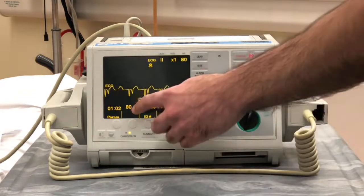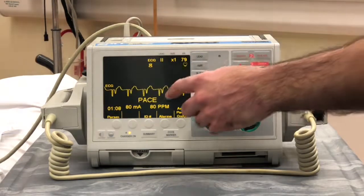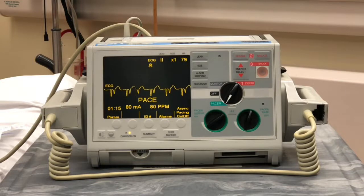And we know that we've achieved electrical capture when we see a pacer spike prior to each QRS, and we're demonstrating that here. For this particular patient, we're at an MA of 80 and a rate of 80. In order to make sure that our patient is accepting our transcutaneous pacing, we're also going to ensure mechanical capture. We're going to check a femoral pulse, and we're going to check a blood pressure, assess our